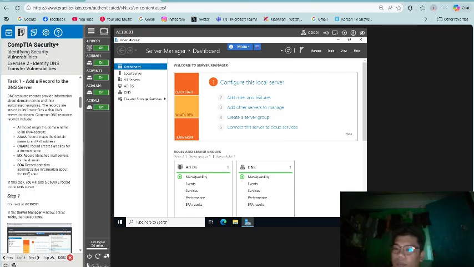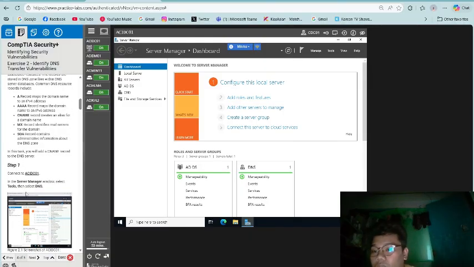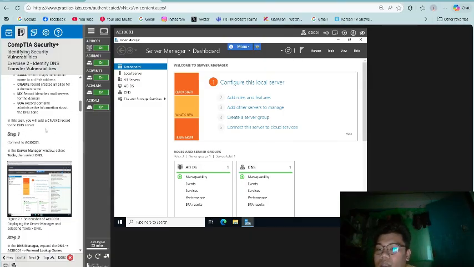AAAA record maps the domain name to an IPv6 address. CNAME records create an alias for a domain name. MX records identify mail servers for the domain, and SOA records contain administrative information about the DNS zone. In this task, you will add a CNAME record in a DNS server.